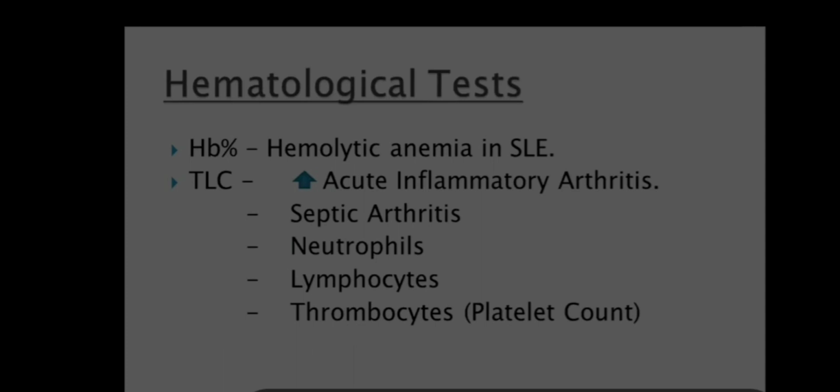Then total leukocyte count, we will call it TC, total count, will be slightly increased in acute inflammatory arthritis. In acute inflammatory arthritis, in monoarticular or polyarticular conditions, if the condition is acute, then due to that acute inflammation, naturally the total count will be slightly increased. You know that the normal total count is 4,000 to 11,000, and it may be 11,000 or 12,000, in that range only. Most probably we will see that in acute rheumatoid arthritis, acute reactive arthritis,